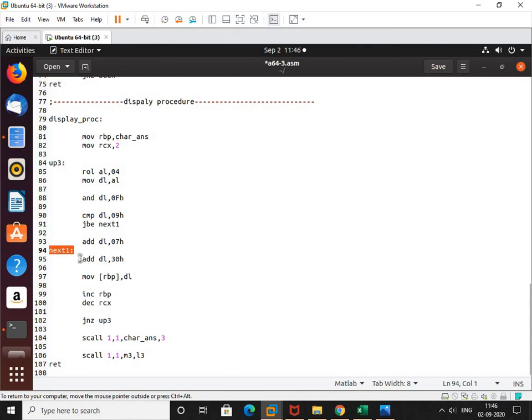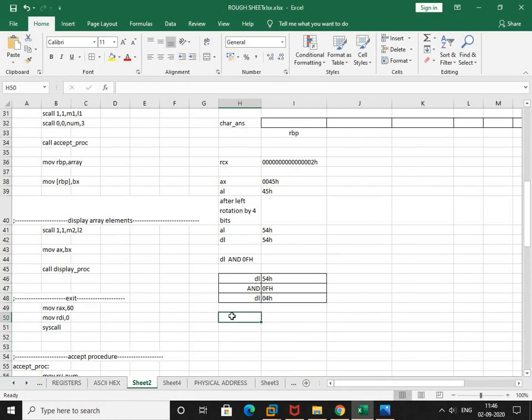So what I will do is add 30H into this. Since this 04H is below 9, add DL equals DL plus 30H. What I got now: 04H plus 30H gives 34H.